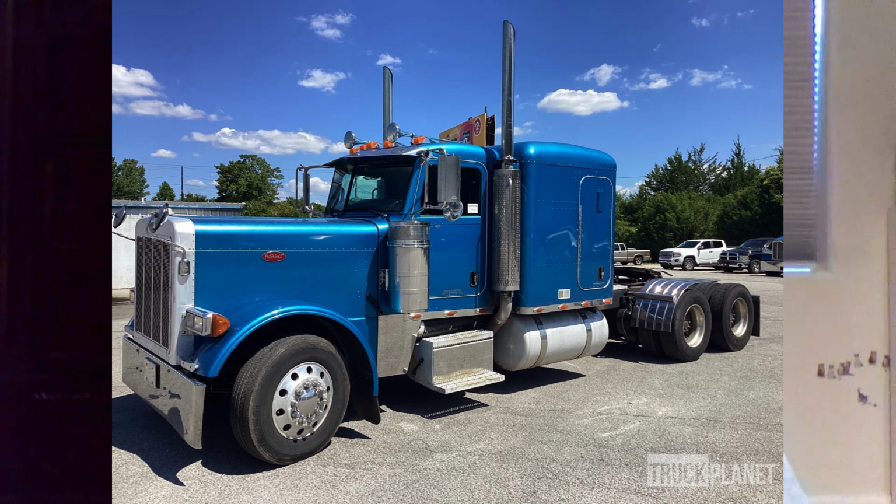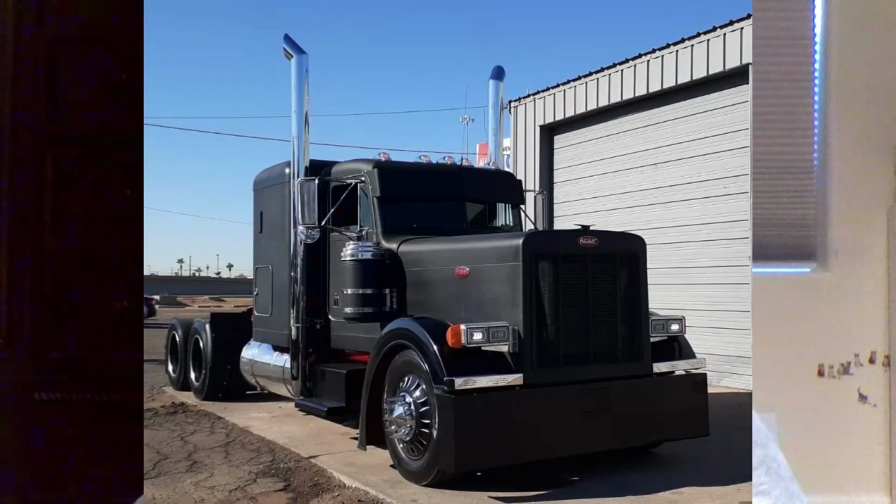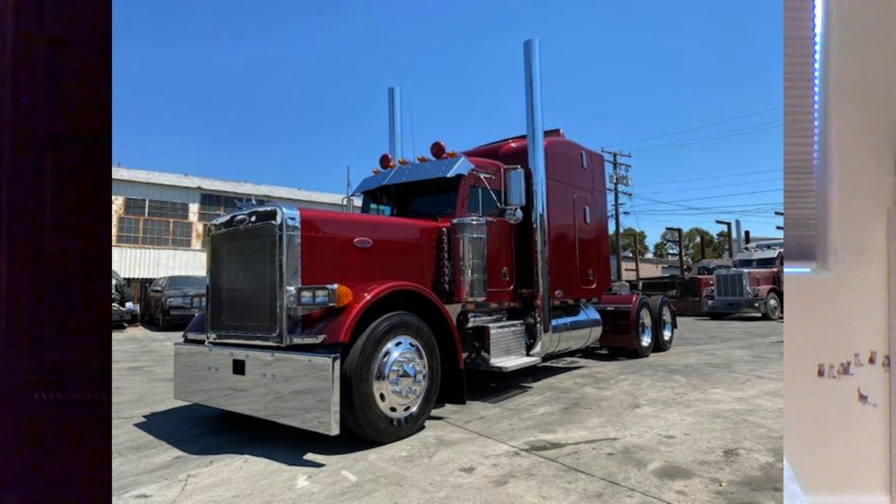And number 1, in honor of my dad, the Peterbilt 379. The Peterbilt 379 is the best looking truck and the best truck in my opinion, but a lot of people beg to differ. But it's in honor of my dad because my father, he owned 2 Peterbilt 379s before I was born, but I've seen pictures and I've seen him with them, and I've seen so much about it, and so the 379 will always have a place in my heart because it's a way to remember my beloved dad,